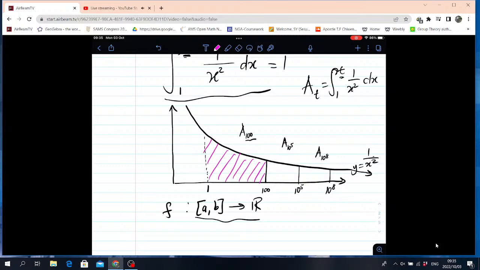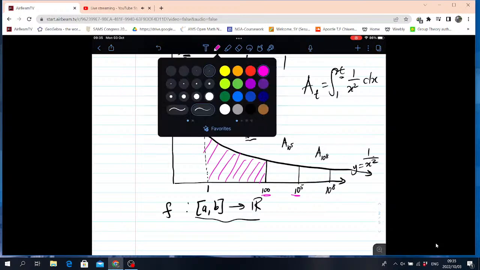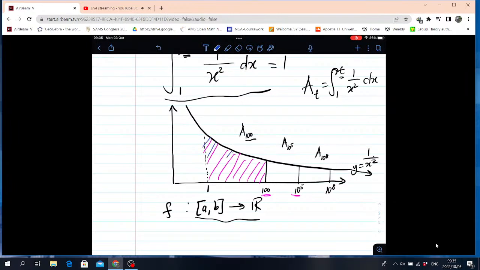And then if we look at something, this is not really proportionate, but just to illustrate what we are trying to say, we now have this as our integral. So you see that as t becomes bigger, the area that we are adding becomes smaller,